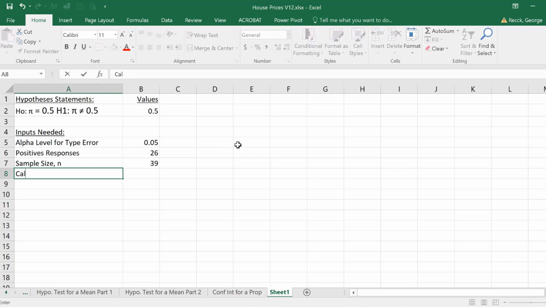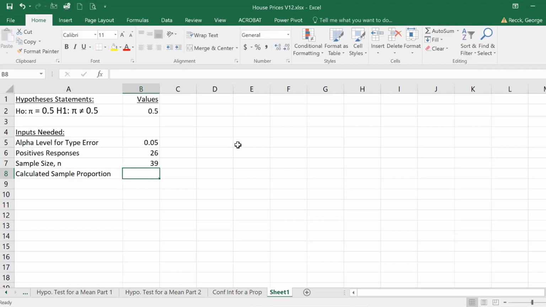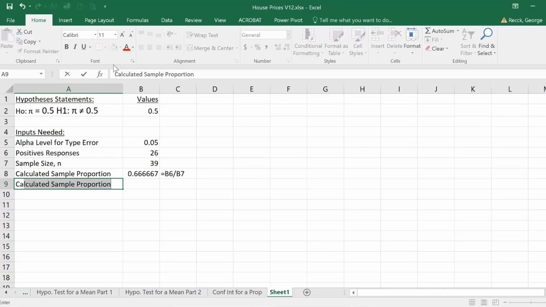and then we get our calculated sample proportion, which would be equal to 26 divided by 39. And I'll provide that formula for you, even though it's an easy one. And the next thing we're going to do is our calculated